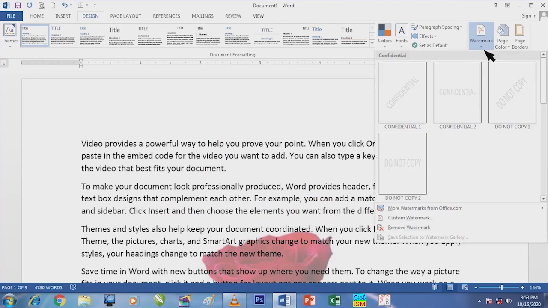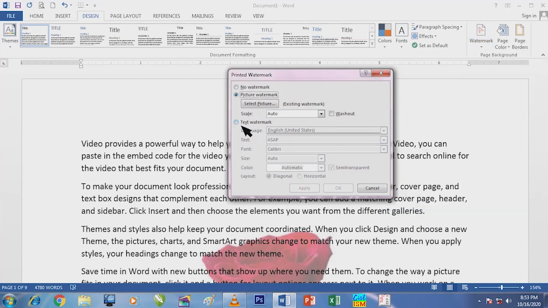And suppose I want some text to be done. I go to this custom and go to text watermark and type the text in this column.